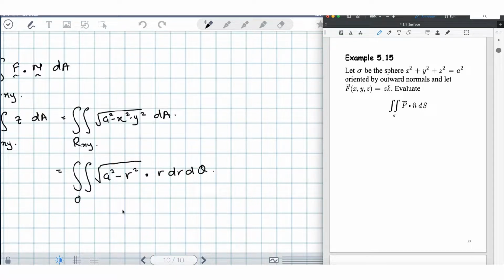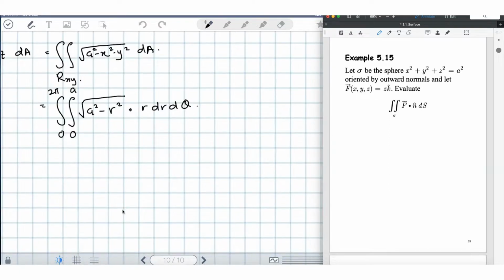Your theta is 0 to pi and your r is 0 to a. This is the double integral that you have learned previously. I think it's not so complicated. You can use direct substitution: u equals a squared minus r squared. So du over